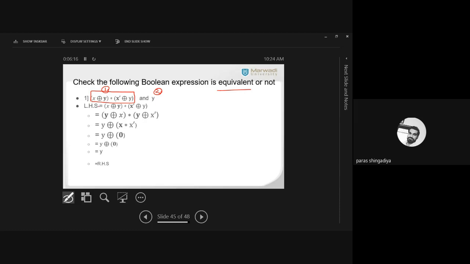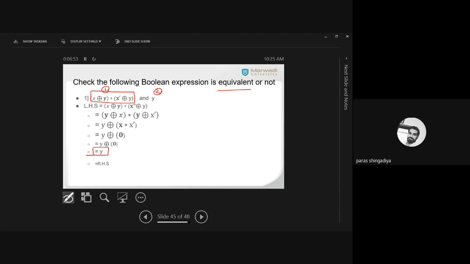Okay, तो कोई एक पार्ट को आपको यूज करना है, ठीक है, और उसको यूज करके दूसरे पार्ट को प्रूव करना है. ठीक है, so here I consider LHS. ठीक है, LHS means equation 1. Okay, I use equation 1 and I will prove equation 2. ठीक है, अगर वो प्रूव हो जाता है then what does it mean? They are equivalent. ठीक है, दोनों इक्वल है. ठीक है, so here I consider x ring sum y star x dash ring sum y. This is the LHS. ठीक है, और आपको प्रूव क्या करना है, is equal to y. ठीक है, that is your second expression. क्लियर, तो y आपको प्रूव करना है, तो लेट्स स्टार्ट द प्रोसीजर टू डिराइव द y.